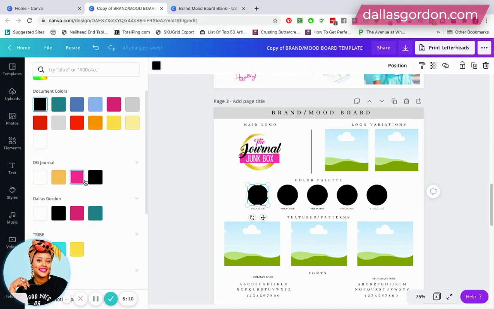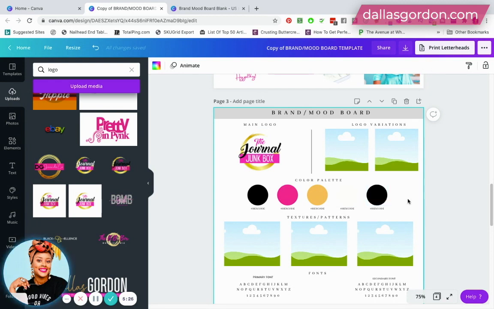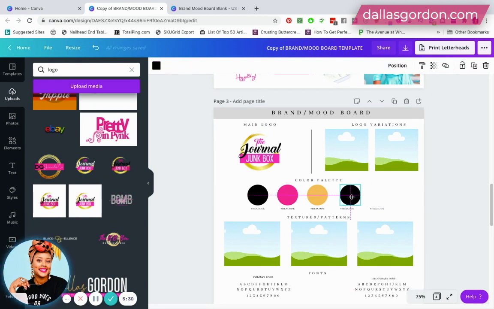So for my DG Journal brand or my Journal Junk Box brand, these are the colors. So you can go from dark to light or whatever you want to do. So I'm just going through and I'm just clicking on these colors. Right? So however many colors you have, you can put those in here. And with my other one, I sort of just slid the black behind the white so that they knew